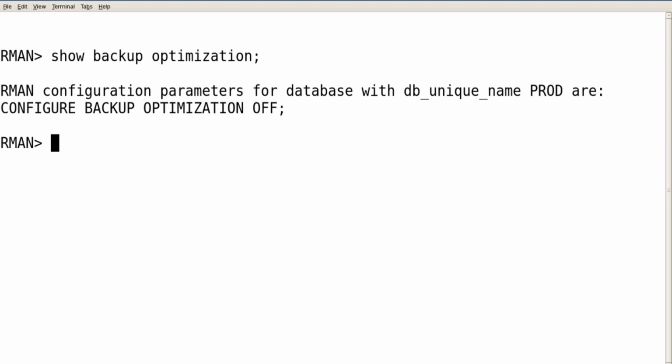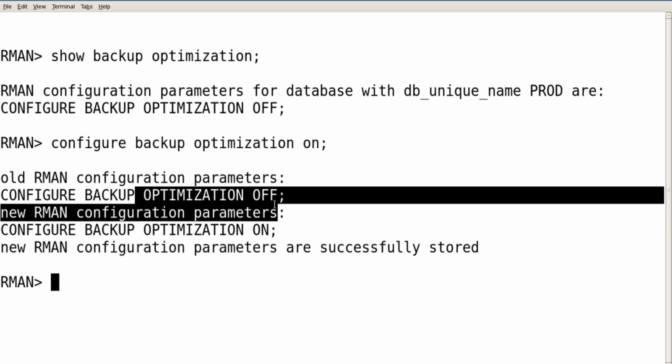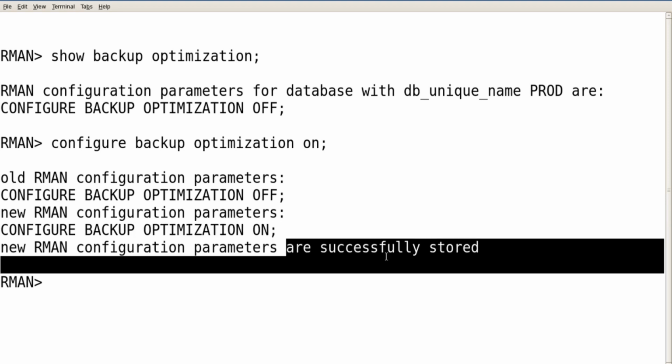Let's enable it. You can see now it's changed from optimization off to optimization on, and the parameters are successfully stored.